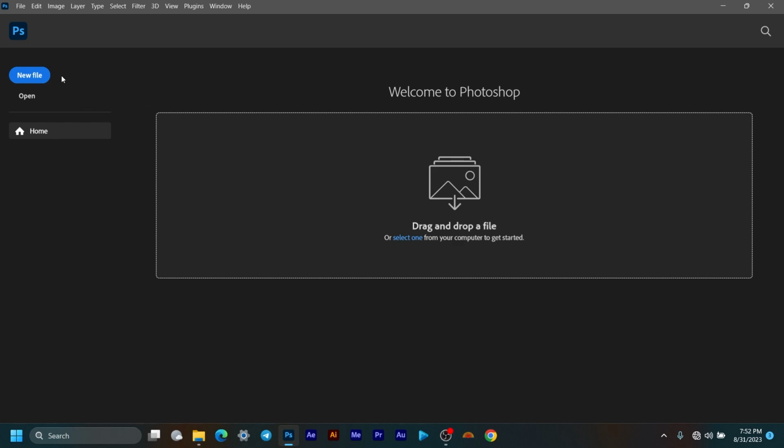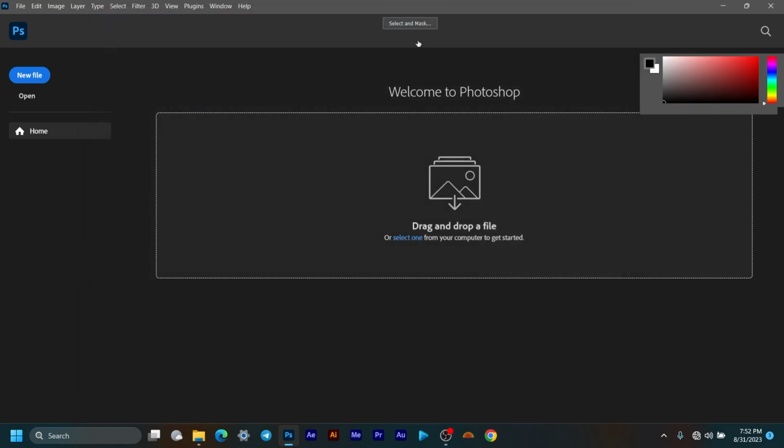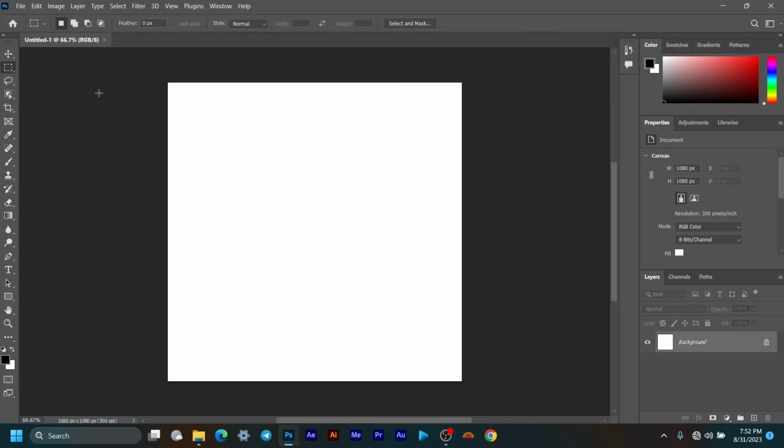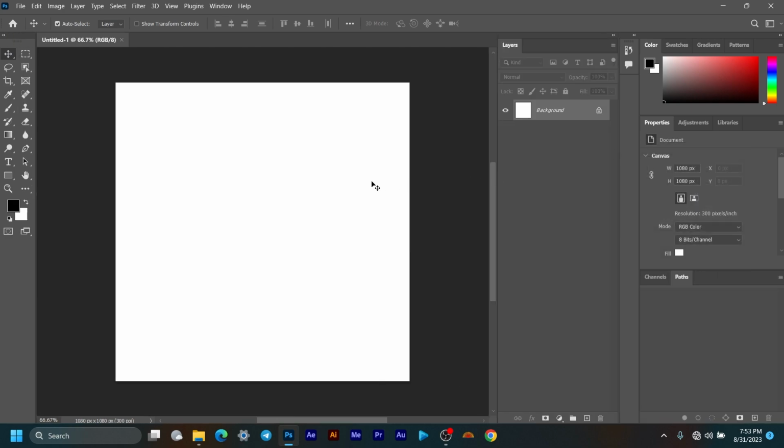So first of all, let's create a new file, and then I'll change the unit of measurement to pixels, and I'll use a 1080 by 1080 so that we can have a square shaped document. Every other thing will be default, and then just hit create. That's the way I like arranging my workspace, so I'll just do that quickly. I'll drag my layers here, and then